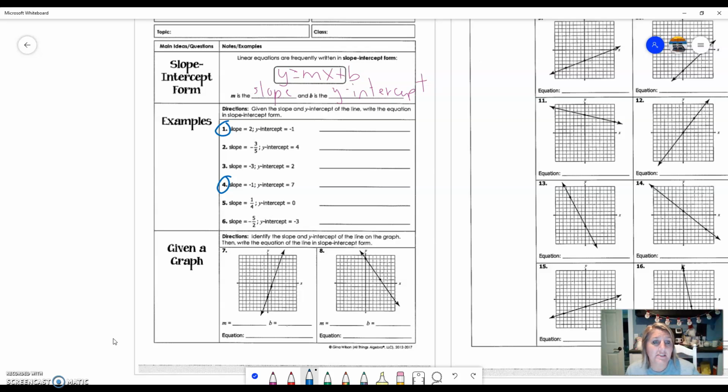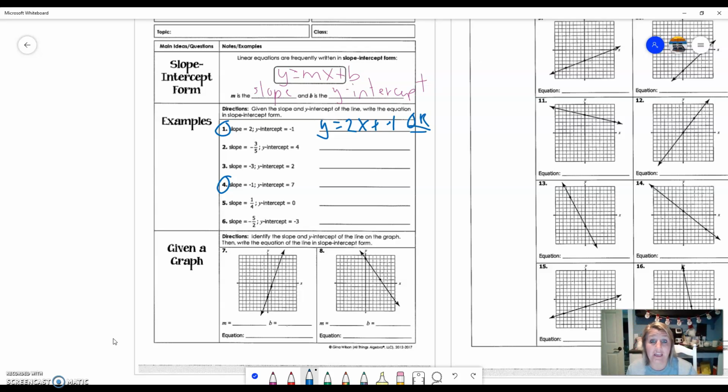For number 1, it says that you have a slope of 2 and a y-intercept of -1. And they just want you to write the equation in slope-intercept form. So the slope is 2. So slope-intercept form is y equals, and then it has m. Our m is our slope, which is 2. Then you put the x, and then there's plus, and then the y-intercept is -1. So you can write it like that, or